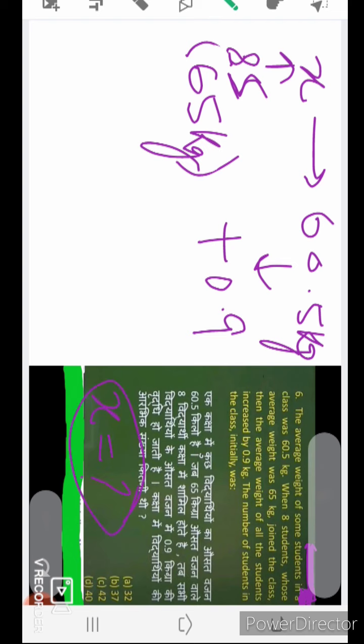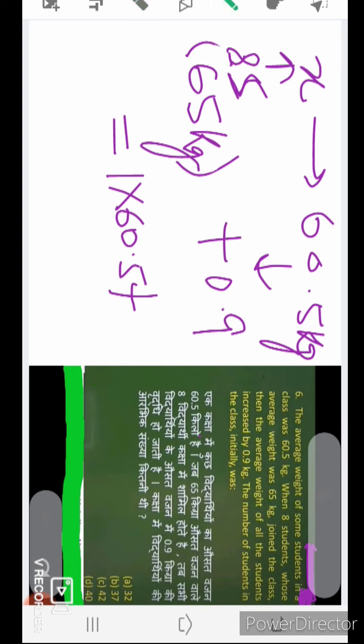This is a very simple question. I think everybody can do this. Okay, first solve the right hand side. I've told you that this is only a single inclusion case. One inclusion case, cross multiply it. So what are you going to get? 1 into 60.5, and as this is also an inclusion, it means plus, and the average is also going to increase, plus is always plus, remember this. So we are going to take the plus sign here. Okay, now what we have to do, let me rub this.